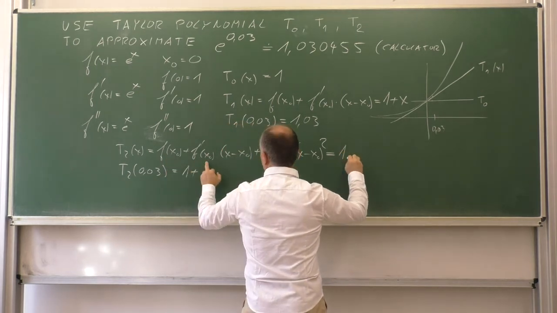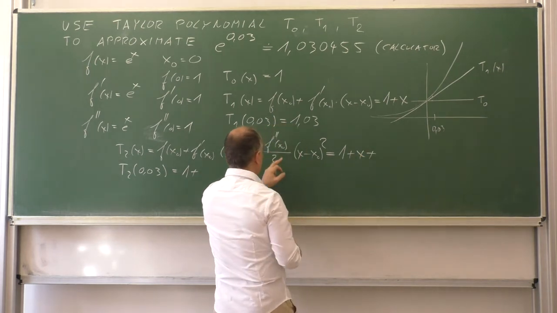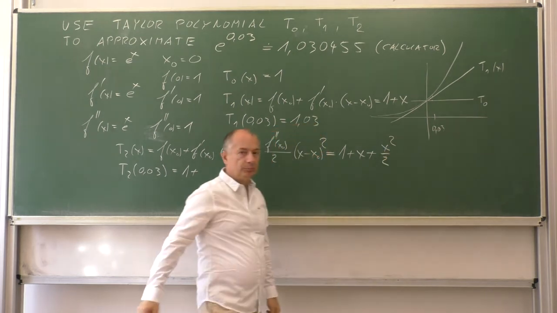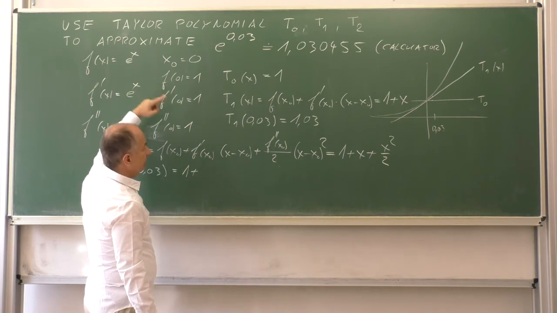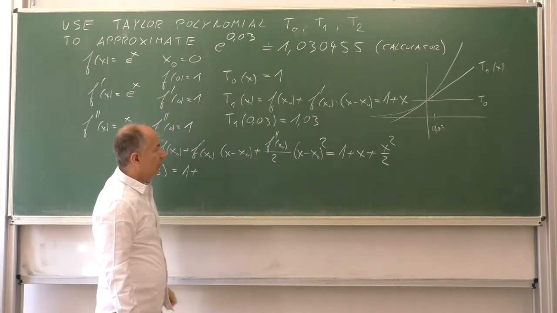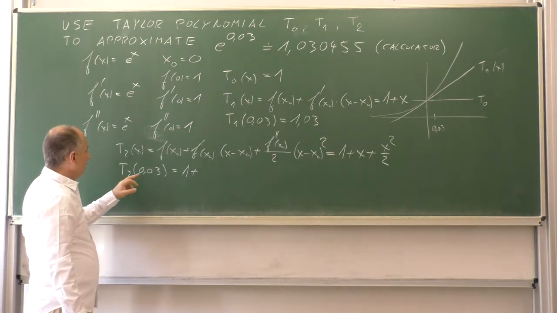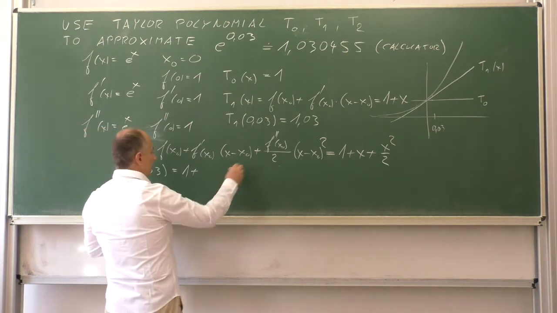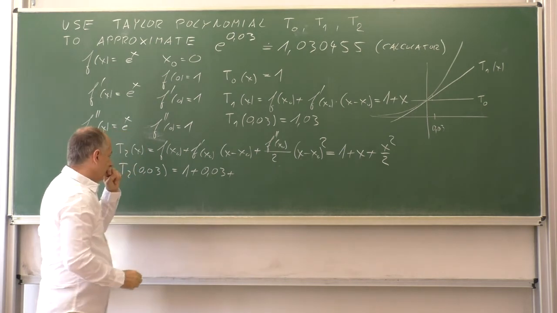That was 1, that was 1 times x, and this is 1/2 times x squared, which is x squared half. So this is the Taylor polynomial of second order for this function at this point for general x, and we want to evaluate T2 at 0.03, which is 1 plus x, which is 0.03, plus x squared,